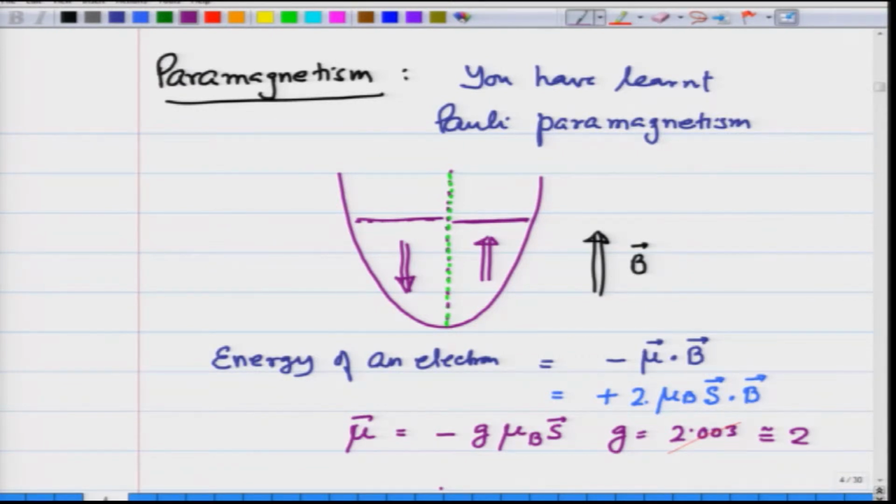So, what happens is those which are in the same direction as the spin have higher energy, and those which are in the opposite direction to the spin have lower energy, and therefore the number with the lower energy increases. The spin in the opposite direction to the field means that the magnetic moment is in the same direction as the applied field, and therefore the system develops, due to these free electrons, a magnetic moment in the direction of the applied field. So, that was known as the Pauli paramagnetism.